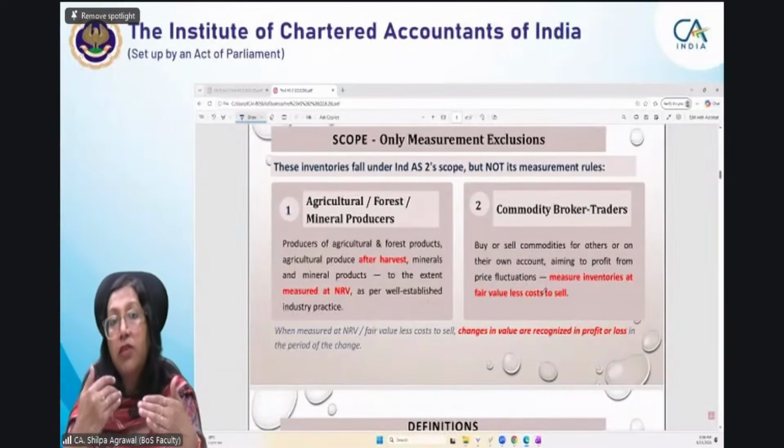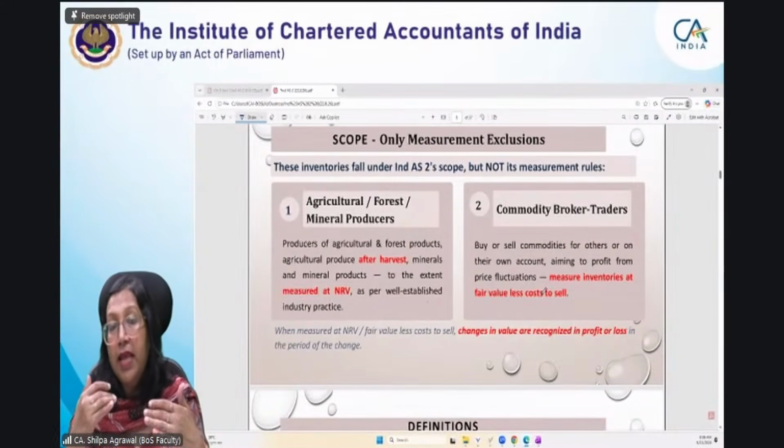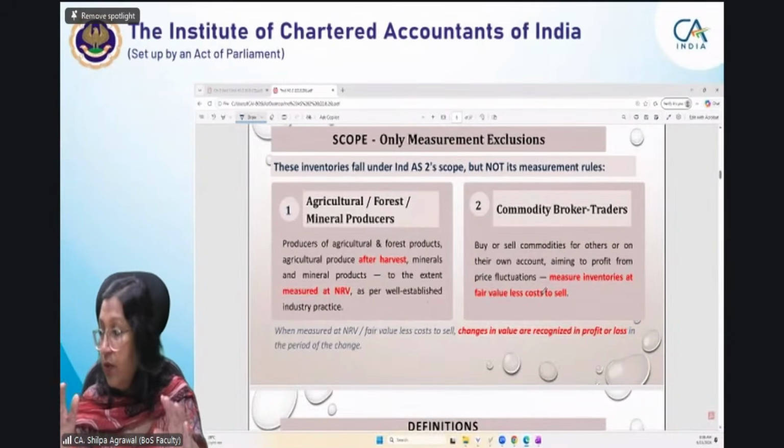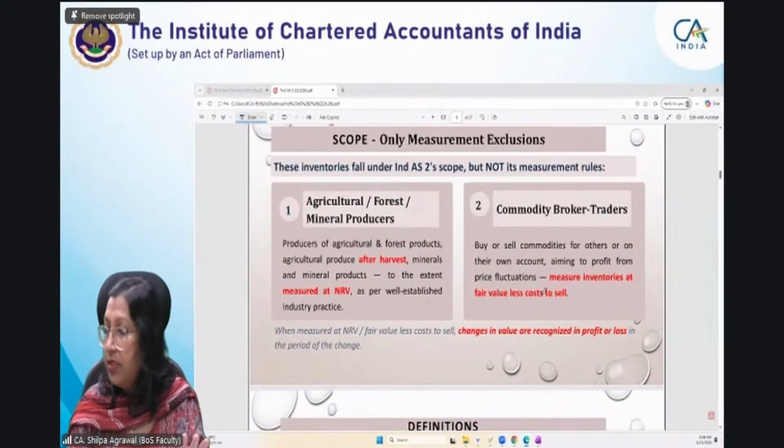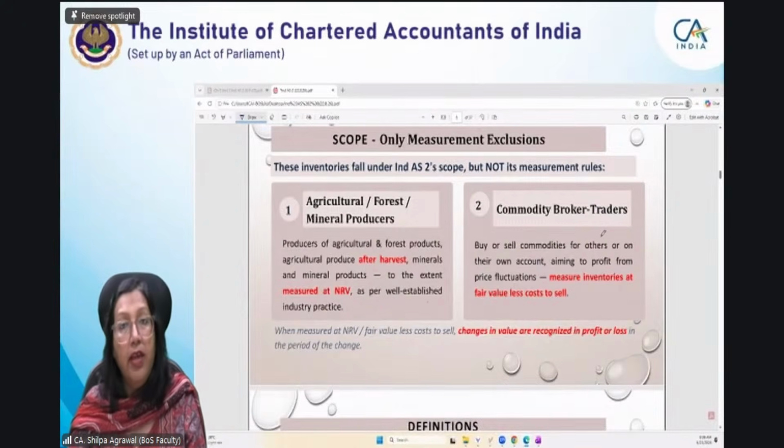From definition onwards, provisions of the standard will start. So any query regarding your scope or objective you have, you just let me know. Otherwise, we'll proceed to definition. Okay, clear. Good. And I want everybody to participate. Aleti, Sai Kiran, Josna, Manish, Rachit, Rohan, I want everybody to participate. Okay?